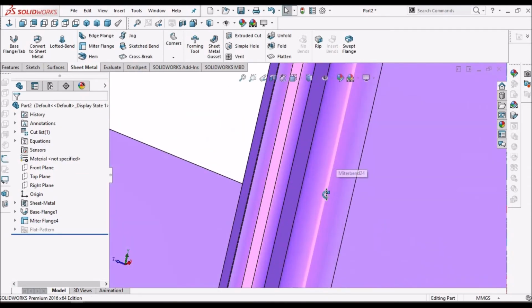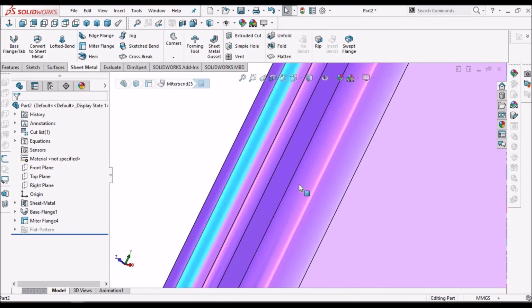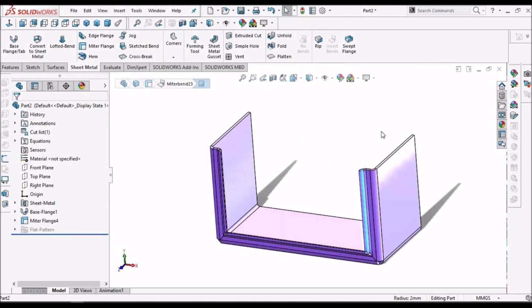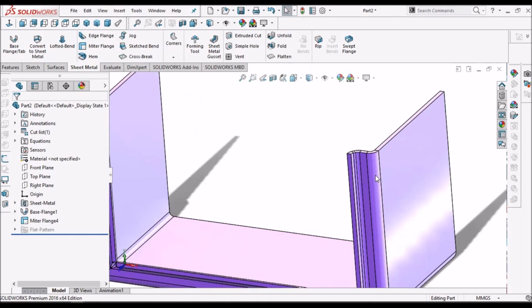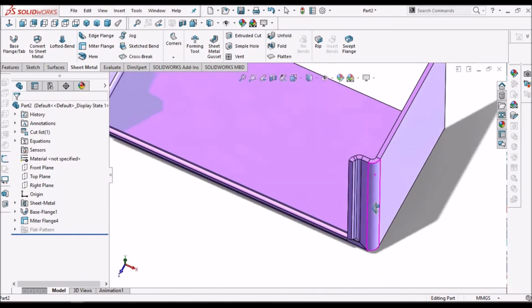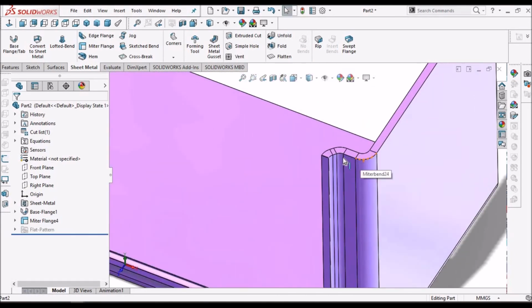In this area we can provide a gasket over here at the front. So we can provide the door for this enclosure. Mostly these kinds of profiles are used for enclosures.